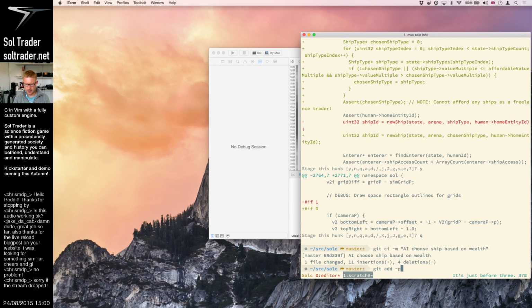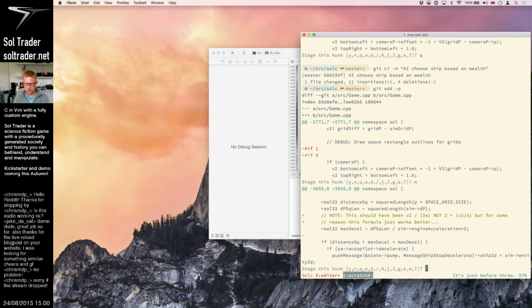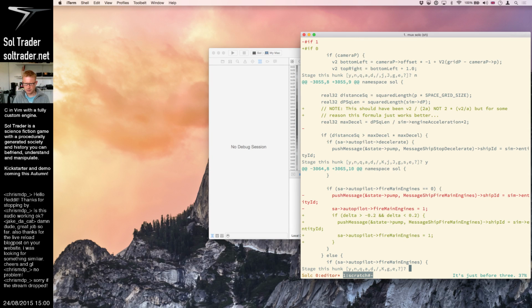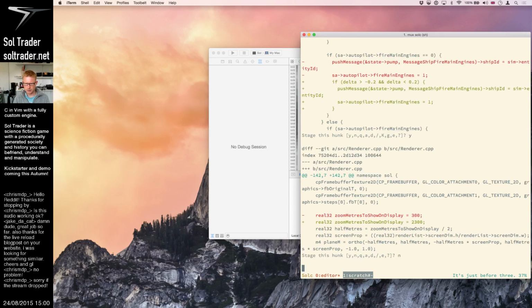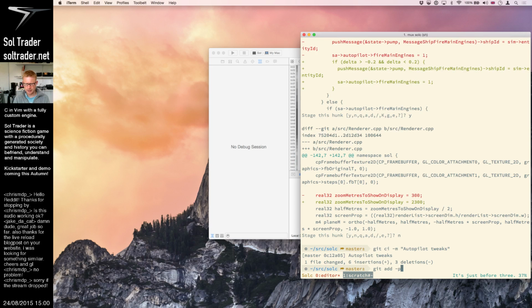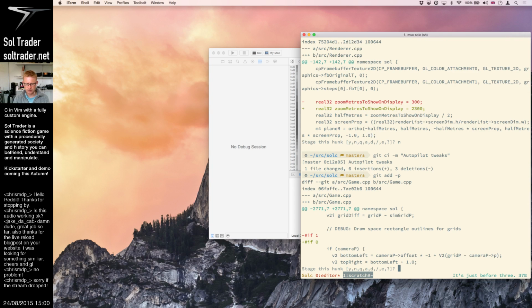Yeah, and then I just wanted to, I don't want to check that in like that. I want to add that comment in. And I would just want to add these in as autopilot tweaks. Autopilot tweaks. It's quite good actually to be able to split a particular big commit into a few things, because